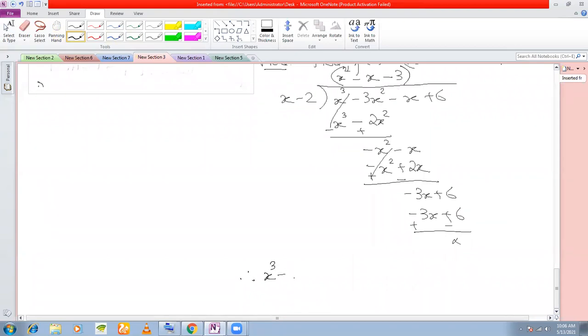So x cube minus 3x squared minus x plus 6 is equal to x minus 2 into x square minus x minus 3. Now, whether it is possible to do middle term factorization or not is a different question altogether. In this case, I don't see that it is possible to do middle term factorization here. So you leave it here if you cannot do middle term factorization. But there are ways of splitting this also into factors. They may not be in your syllabus, but we can still split these into factors, so you will actually get 3 factors later on. But since we only know middle term factorization as our tool in our syllabus, we'll stick to this.